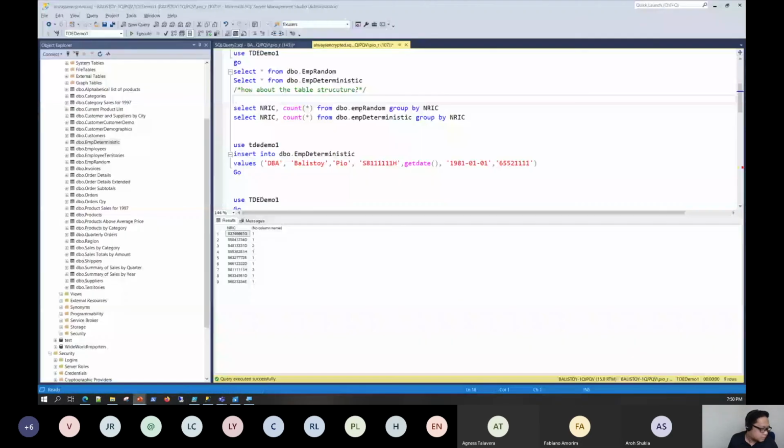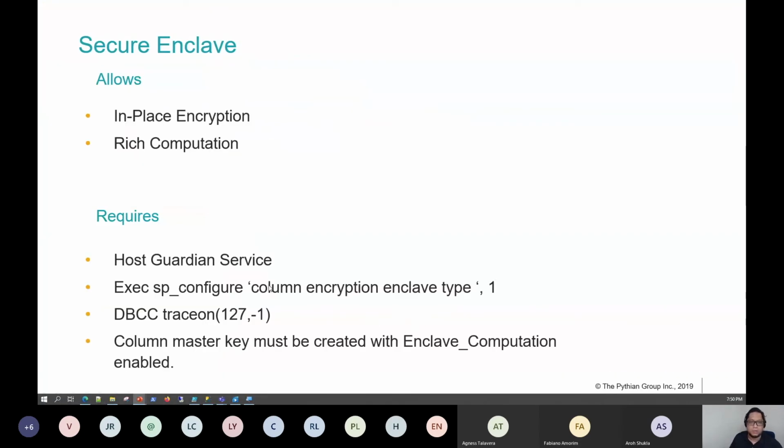And a few other items that you need to enable when you do secure enclave. Let's go back. You need to specify this SP configure parameter, column encryption enclave type. You need to enable that. You need to enable trace flag 127 if you want to do rich computation. And then when you create your master key, you need to specify enclave computation